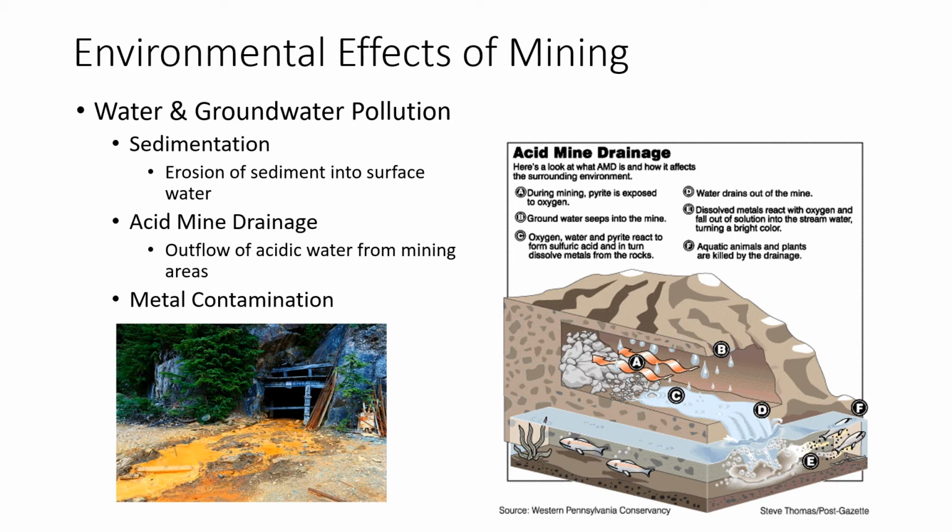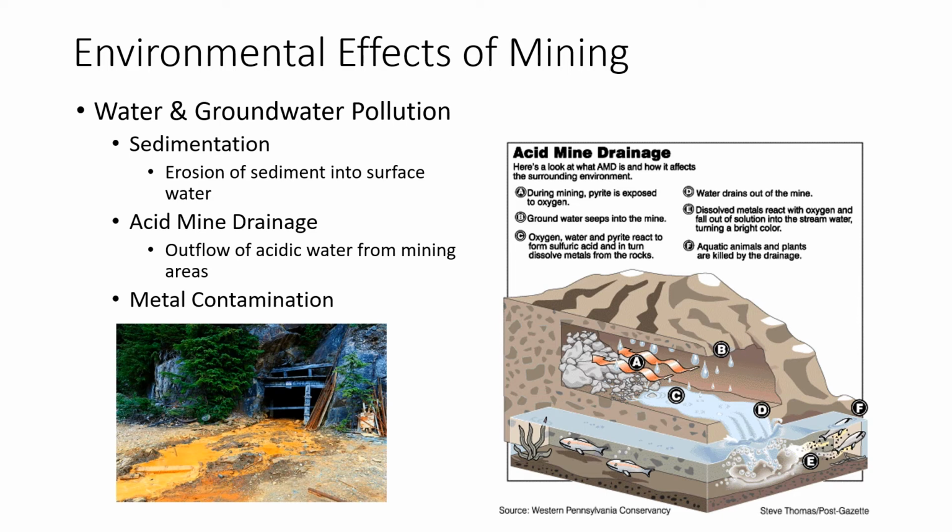Right, there's sedimentation. If I'm breaking apart the earth with surface runoff, you're going to end up with sediment in nearby water bodies. Acid mine drainage also happens where the water infiltrates down into the mine and actually reacts with some sort of sulfur containing material, which is a lot of stuff, depending on what you're mining for. In the picture here, it's pyrite, or if your coal has a lot of sulfur in it, depending on the type of coal. But nonetheless, you end up with sulfuric acid, and that